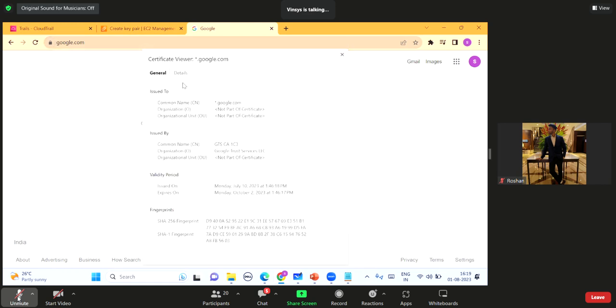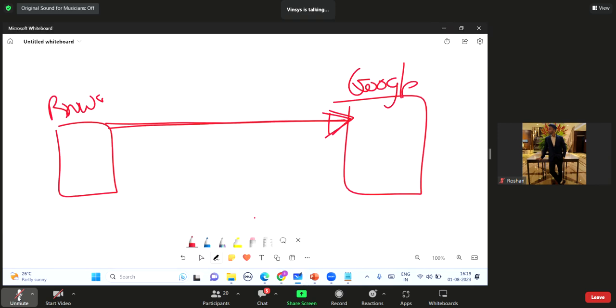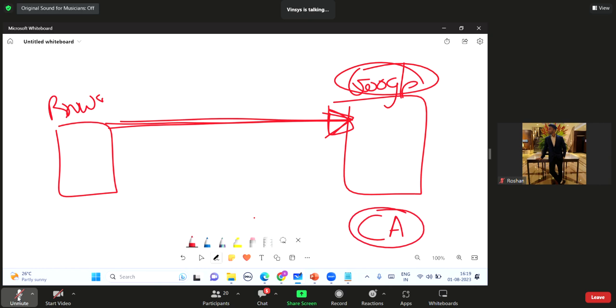Here, I will get the public key. Whose public key is it? It is Google's web server's public key. So what happens? My browser goes to Google's web server. How will it authenticate whether the certificate is from a valid entity or not? We are going to see that when we talk about the CA chapter, the certificate authority, later on. But here, the browser will get